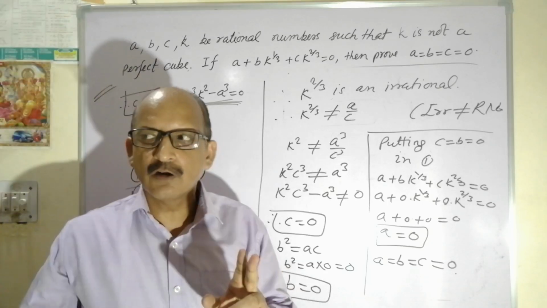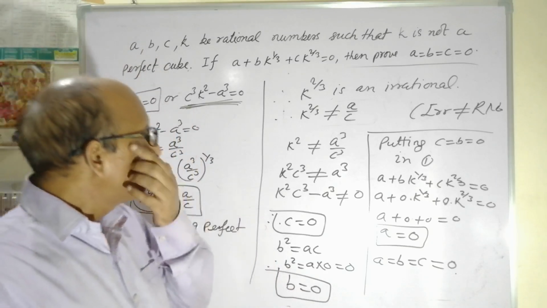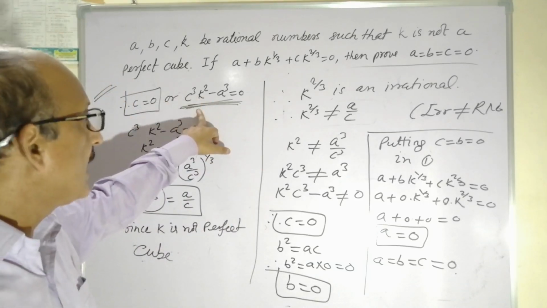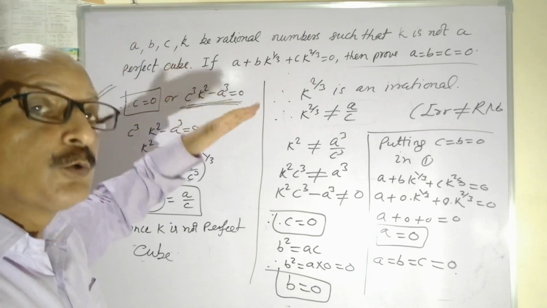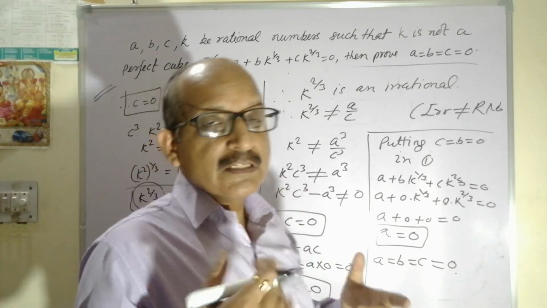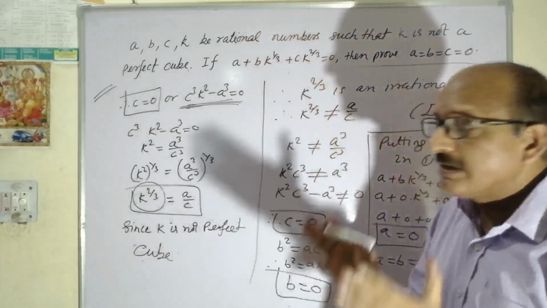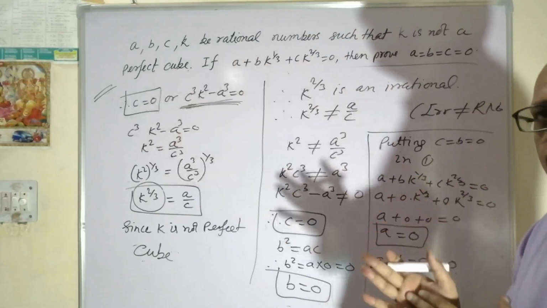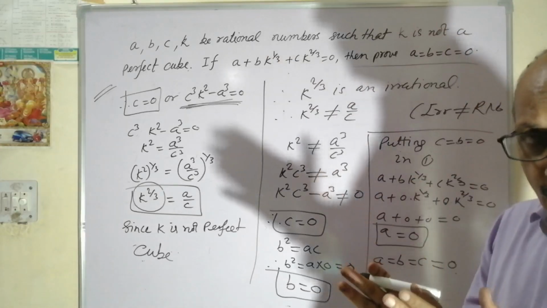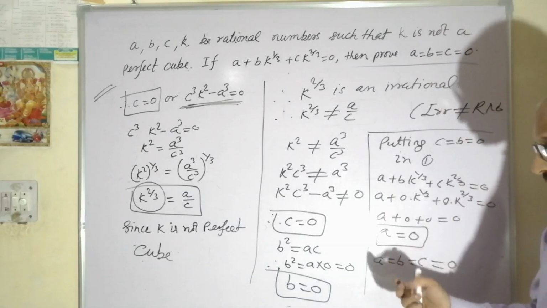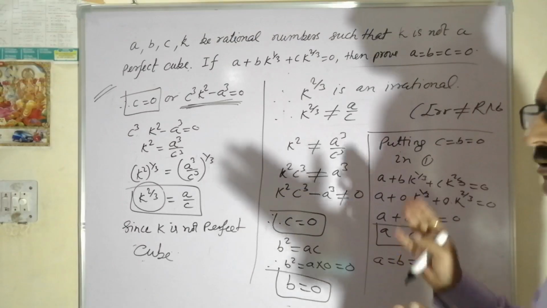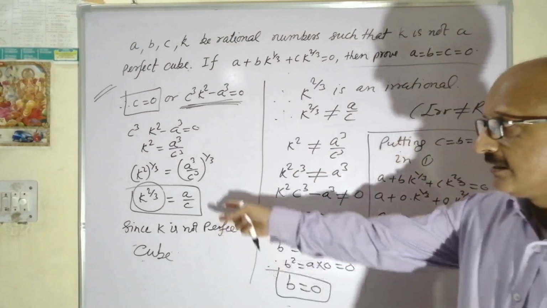In this question we have to think in two places only. We started by multiplying by k^(1/3) in equation 1 to get equation 2. When equation 2 is obtained, multiply equation 1 by b and equation 2 by c, then subtract. Subtracting, we get two terms added and equal to 0. If two terms are added and the sum is 0, it means they are separately equal to 0. From there we got b^2 minus ac is 0 or the other term is 0. So these are the only two places where we have to go logical.